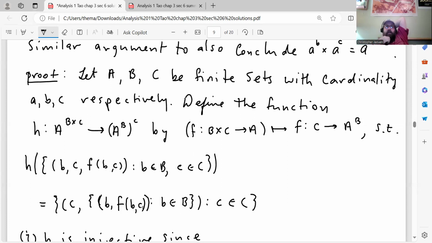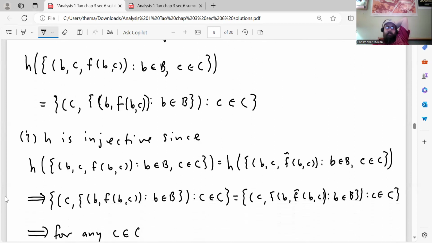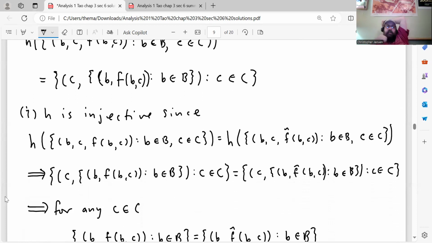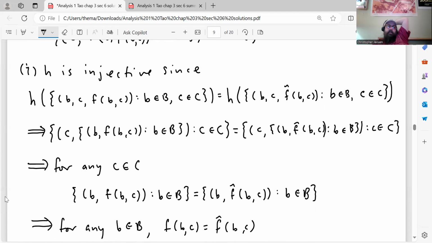So h of the graph of the first function f is equal to the graph of the second function, which I have written out as sets of ordered triples or ordered pairs. Then I just show that h is injective and h is surjective, which would mean it's a bijection. So it's injective since if h of the graph of the function f equals h of the graph of the function f hat, then